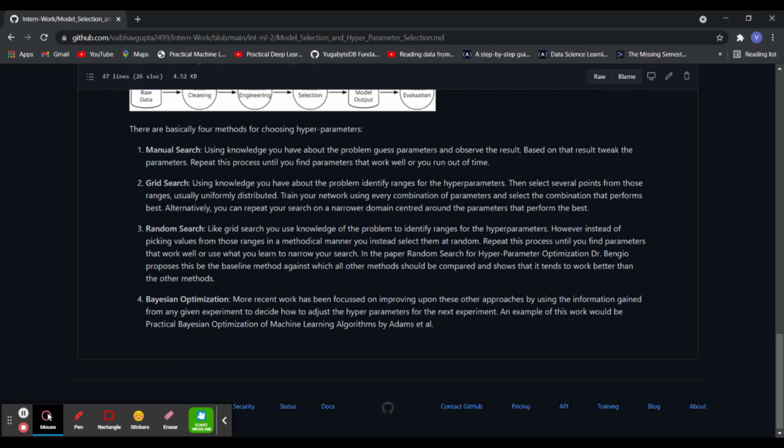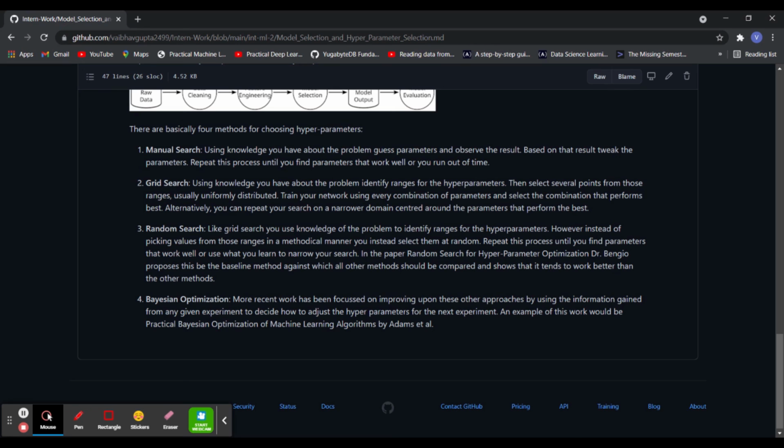The second one is grid search. It involves searching over a particular range of hyperparameters which you have found using the given knowledge of the problem. Random search includes just selecting a random set of hyperparameters among the range you have set in the grid search method. And then comes Bayesian optimization,